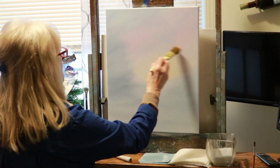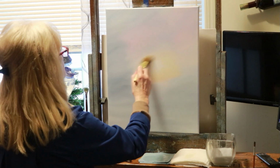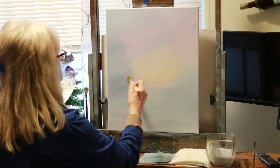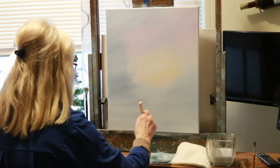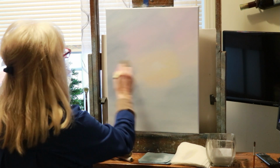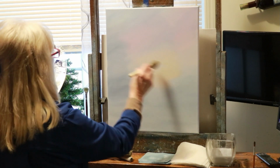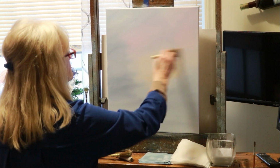A little bit darker on the sides, just a tad bit darker, not much. So there's going to be trees there, and those light reflections will come through, and I want to make sure they're vibrant enough to see through those trees. And with a clean, dry brush, I'm just going to brush inward, just soften everything up, soften those colors up,